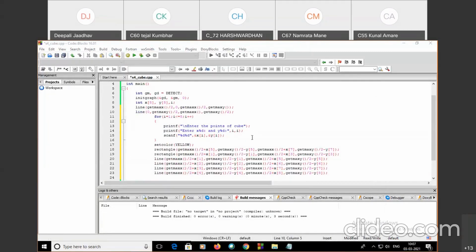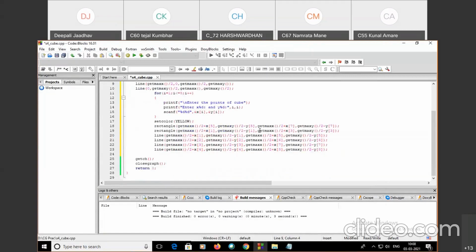If you want to draw a cube in the xy plane in the first quadrant, what we need to do, first we divide that into x and y coordinates using getmaxx and getmaxy. So using these two lines, first it is divided into four quadrants. Then using the same method that we have seen previously, first we draw two rectangles.